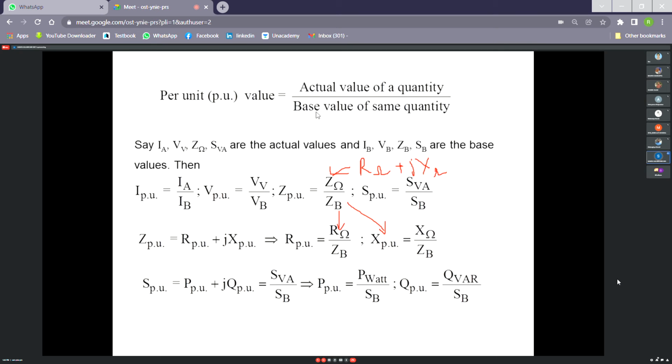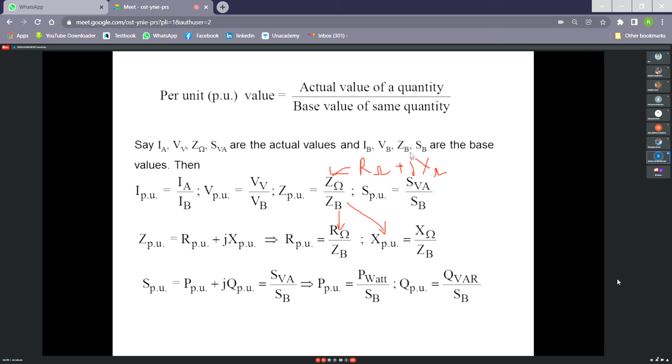The person who will compute that, he or she will select. So this base value at first we have to calculate or decide. Then what base value shall we decide? Now you know base value is required for current, voltage, impedance and power. But among these four, current and impedance are not readily available in a power system. But voltages are rated and they are specified at different buses.